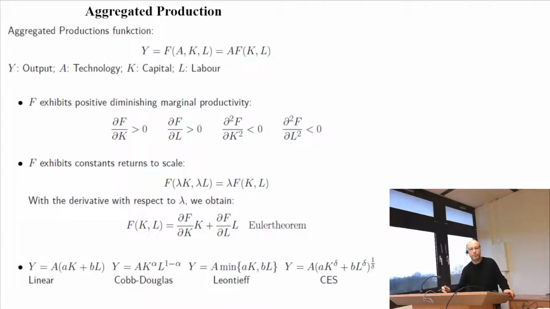And we have this macro view, so we have a look at aggregated variables. And then we say, in general, we have more or less 2, maybe 3 production factors. And one is, of course, labor. That is, we are working. And we have capital. These are our machines. Compare this to when we have these different views on GDP. There we also looked at capital income and labor income. And then, of course,